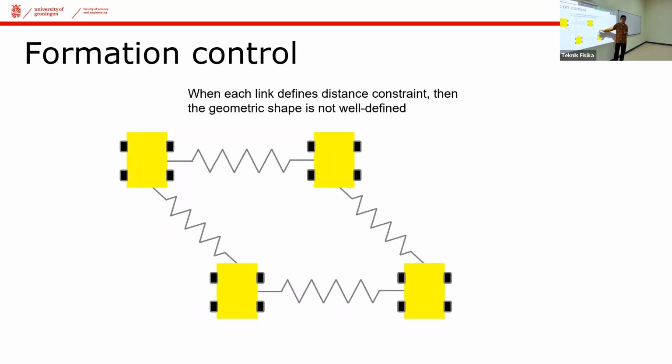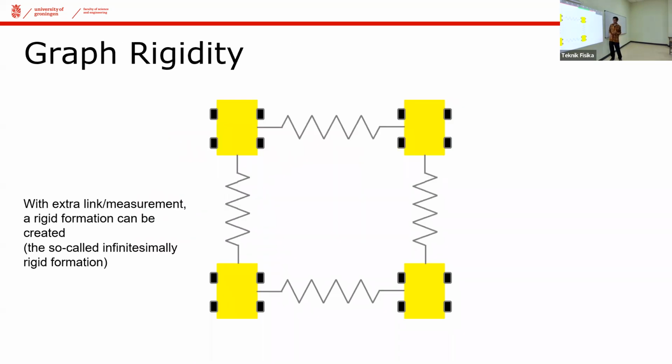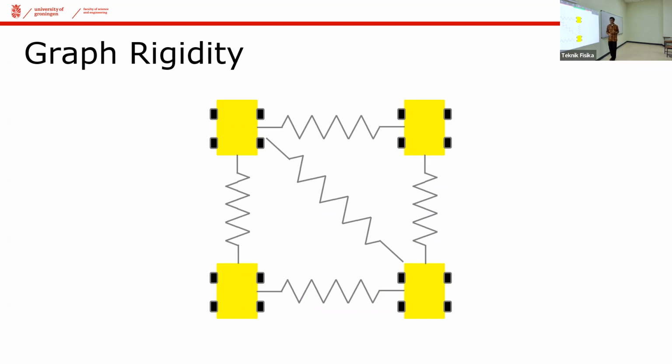square. So in the formations literature, the way we define the link before, using only 4, is creating a bit of a problem because that would not lead to the shape that we would like to have. And this is actually what we call a non-rigid formation. We can make it rigid by having an extra measurement. So you can have this additional edge, or you can define another diagonal one. And in that case, we can create what is so-called an infinitesimally rigid formation.